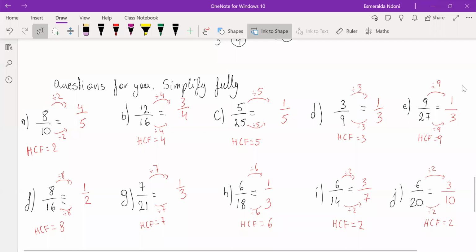And here are your answers. So I found the HCF for both the numerator and denominator, and I divided them by it to find the simplest version of it. So please mark your work,